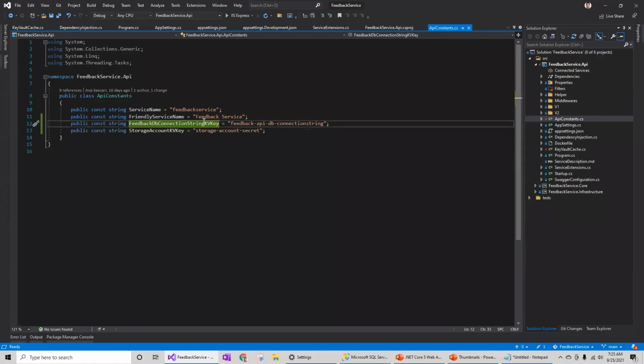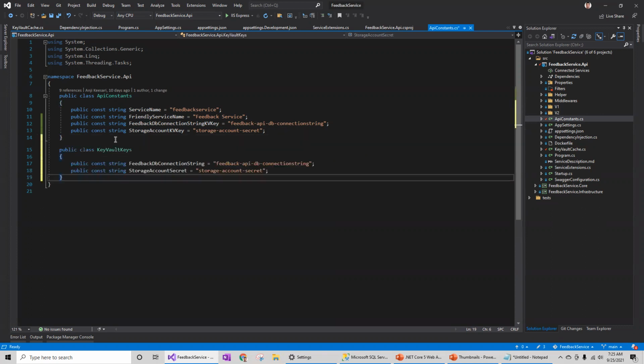Instead of adding these two keys in the same class, let me create a new class for the key vault keys and store those separately instead of mixing them.